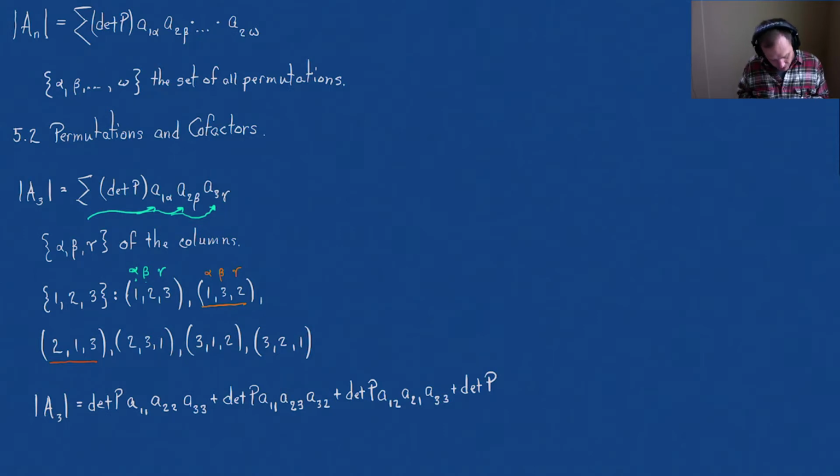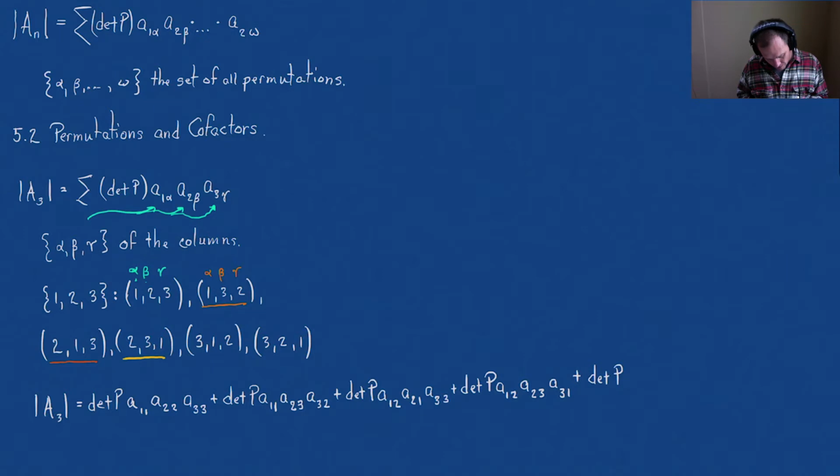times, now we're going to have A1, and now we use our next permutation, the 2, 3, 1. So we use the 2. And then we have A2, and then we use the 3 from the permutation. And then we have A3, and now we use the 1 from the permutation. Plus, almost there, the determinant,